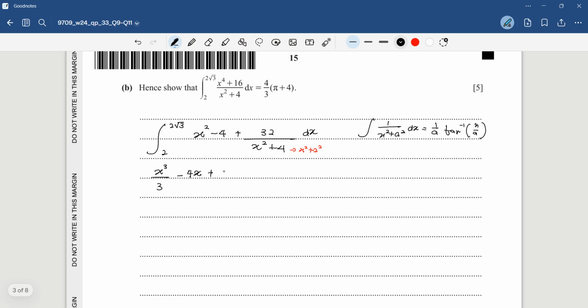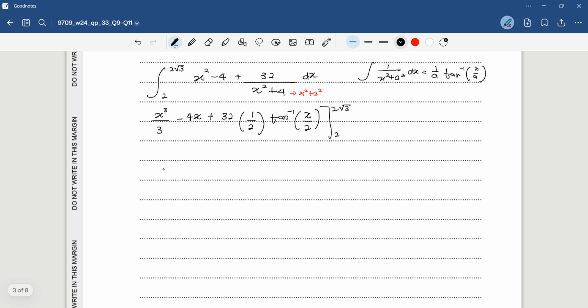So you can take out the 32 outside, so it's going to be 1 over a is 2 arctangent x over 2. So at 3, it's going to be 3 cubed over 3 minus 4 times 3 plus 32 over 2 is 16